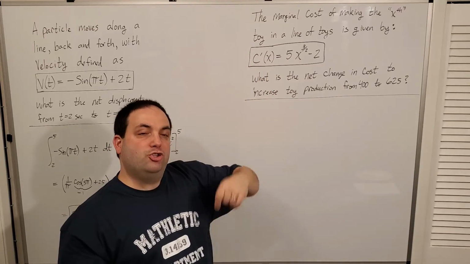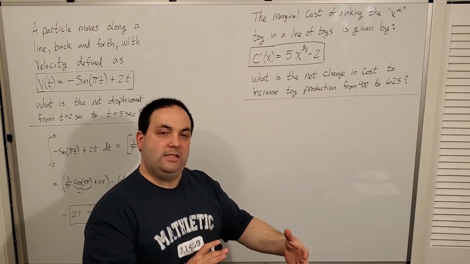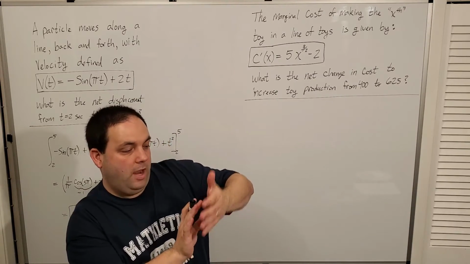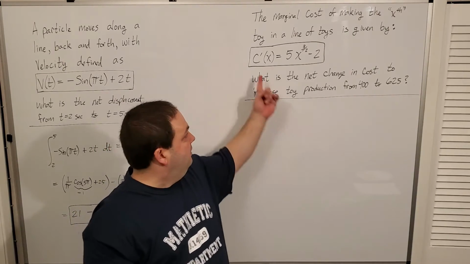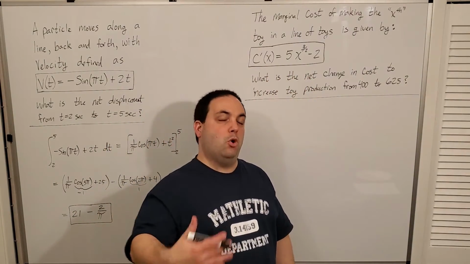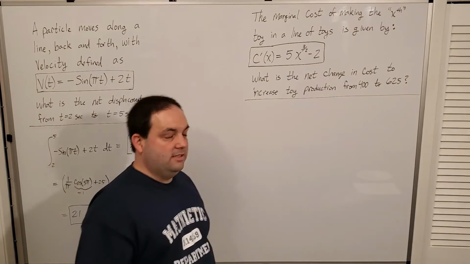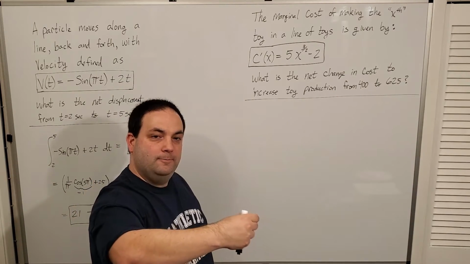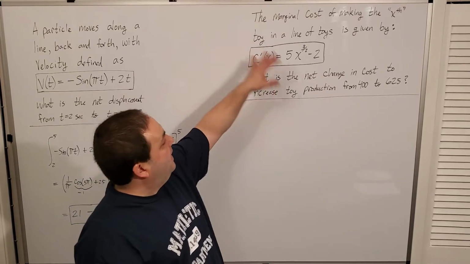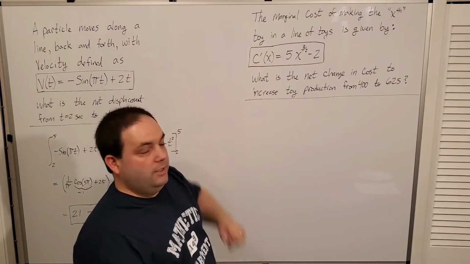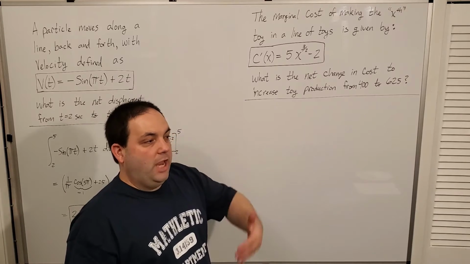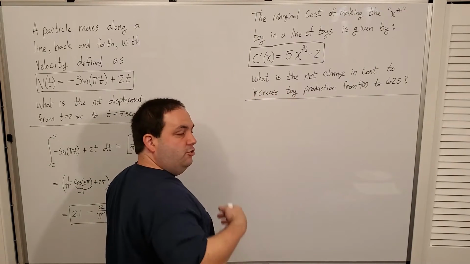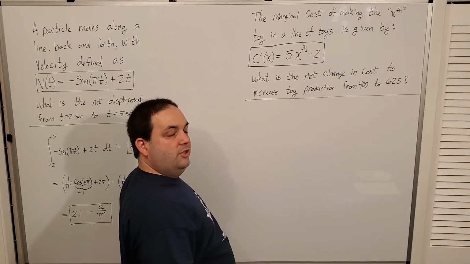This is the marginal cost, the cost increase from changing the number of toys that you're producing per day, right? From one number to another number. This is the marginal cost. That's what marginal means in this particular sense in business and whatnot. Marginal means how much it's going to cost per increase, basically. So in the way the calculus works, marginal is going to imply derivative, the change in the cost, okay? So if I'm going to change in one day, okay guys, let's change the number that we're producing